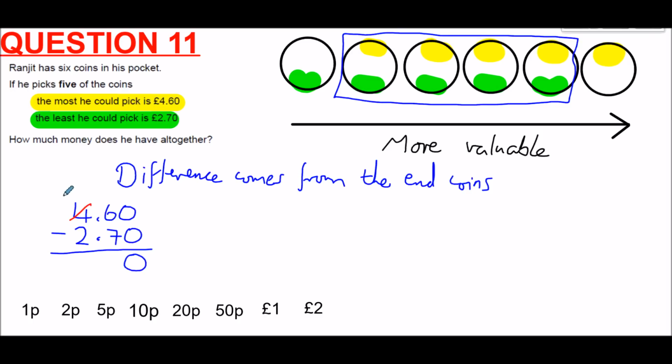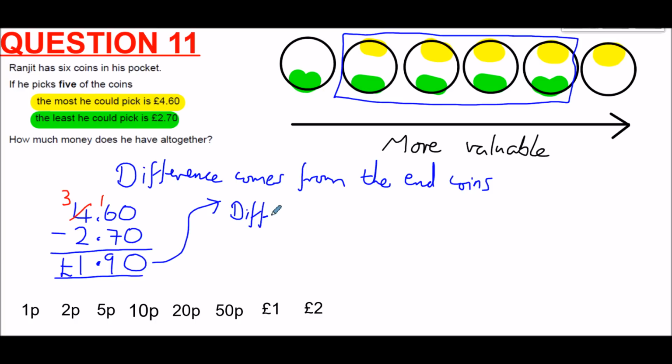So we borrow 1 from the 4, which becomes 3. The 1 we've borrowed goes next to the 6 to make it 16. 16 take away 7 is 9. Make sure the decimals line up. 3 take away 2 is 1. £1.90. So that now tells us